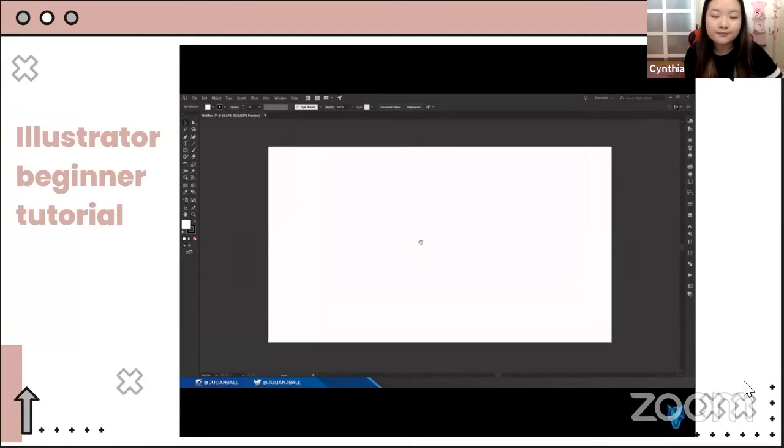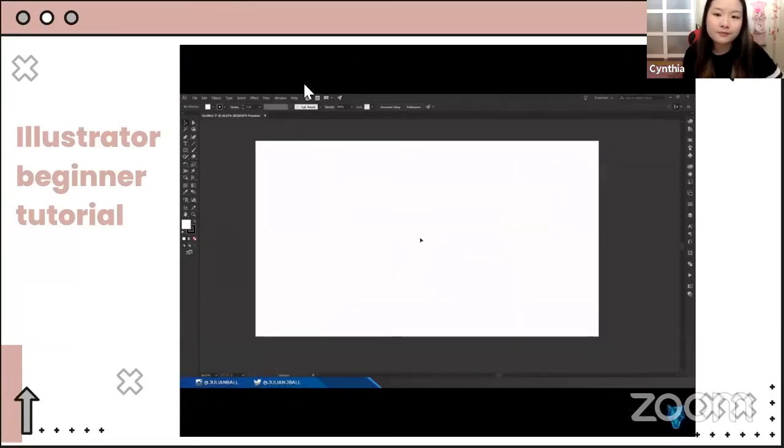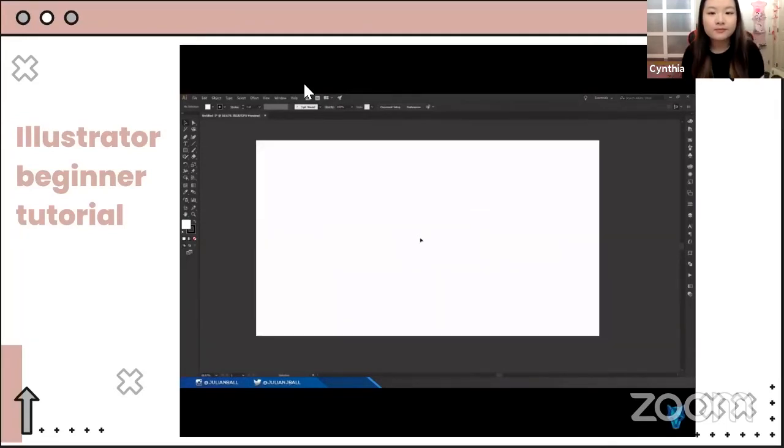Once you're in a document, you can also hold spacebar, click and drag to pan around. You can also hit Control minus to zoom out and Control plus to zoom back in. One of the most common tools in Illustrator is your layers panel. So you have all the tools on your right hand side, which are the most frequently used tools and functions. You can click on the two little squares that will open your layers panel. You can hide and show layers. You can lock and unlock layers.